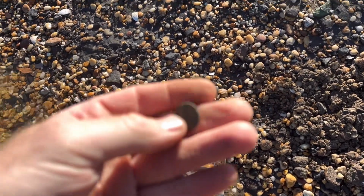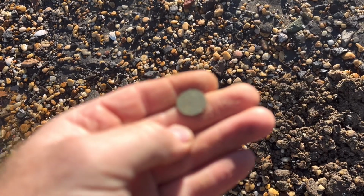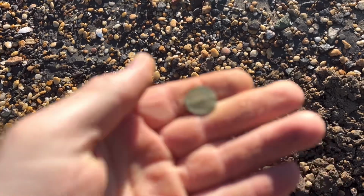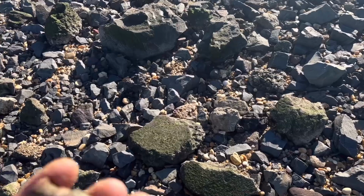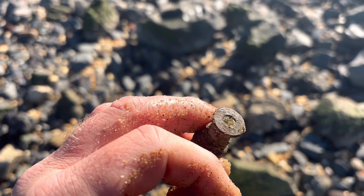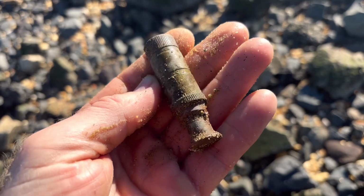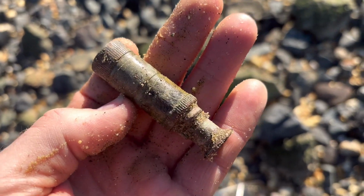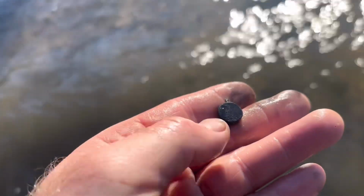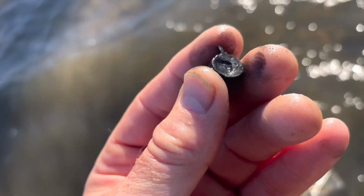Alright, we got our first wheat cent. Other than a bunch of clad so far in the 70s and 80s era, this brings us a little bit older, which is promising. Looks like a little bag seal, which really isn't that big a deal, other than you can tell we got an